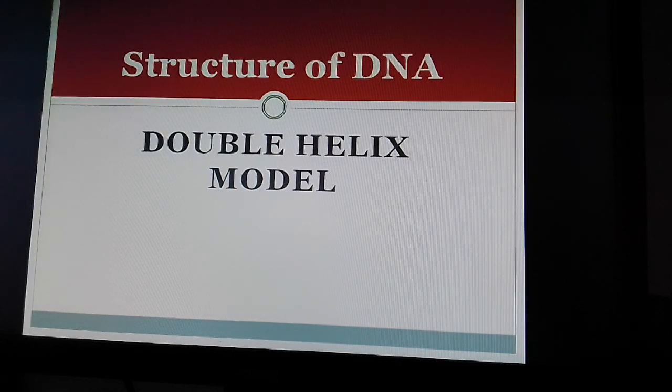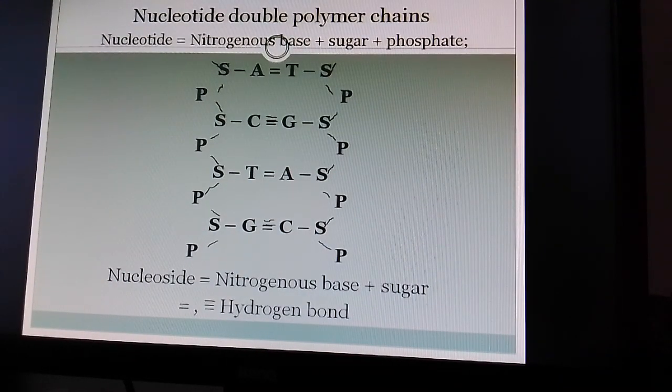In continuation to the explanation on the chemical structure of components of DNA and RNA in the last presentation, here the double helical structure model of the DNA is explained. Now here you see